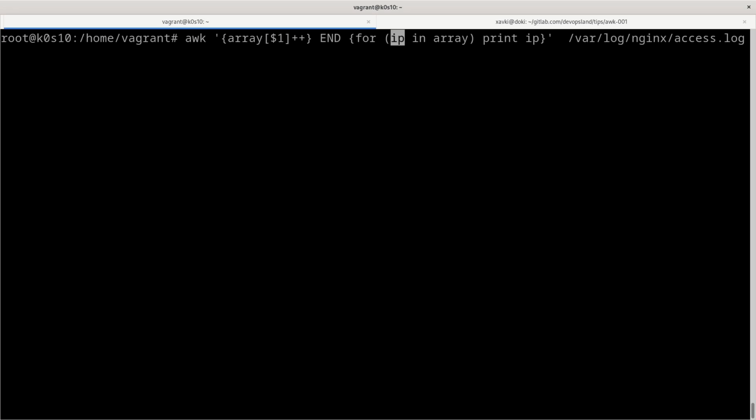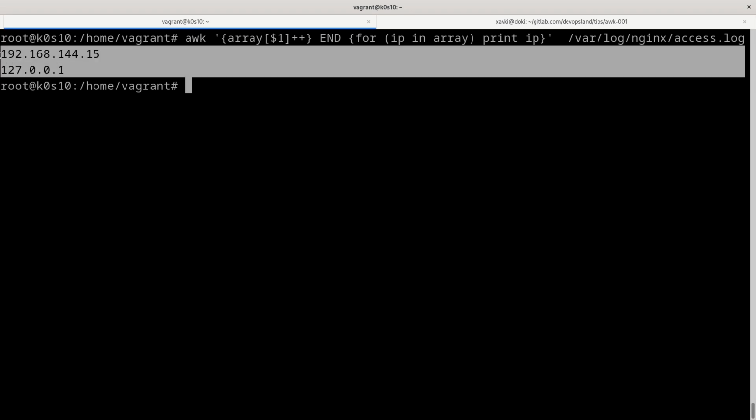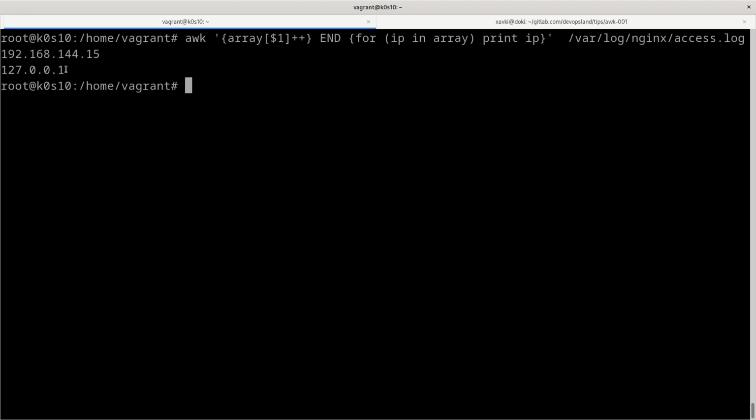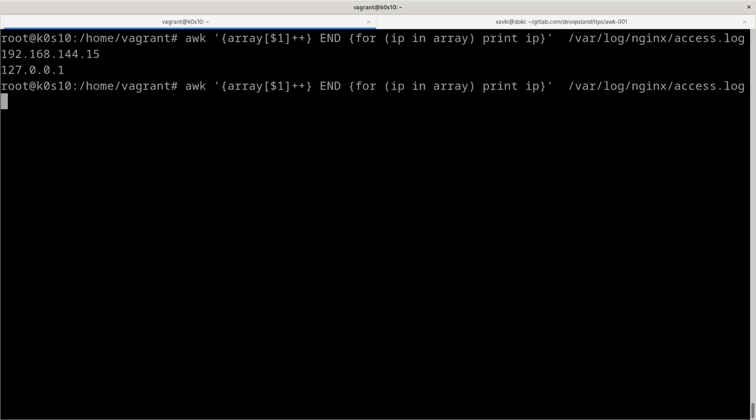So if we do that, we are in the footer, and we print only each IP we find. This is like our previous command with sort -u for unique, and we can see each IP.